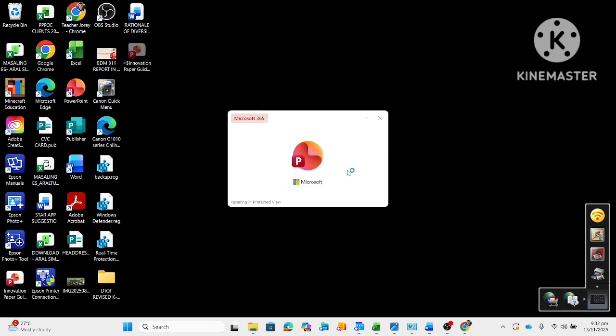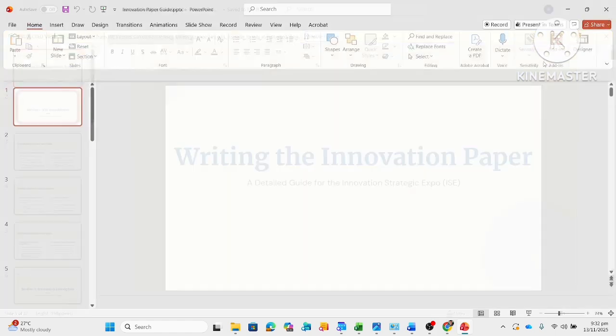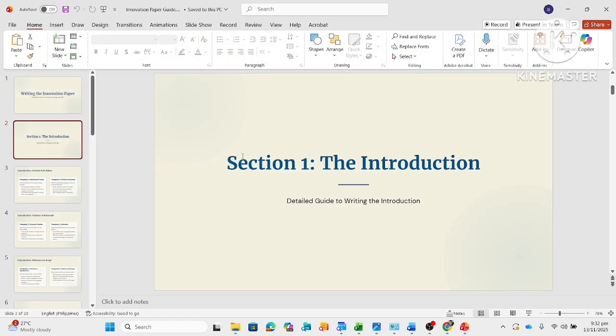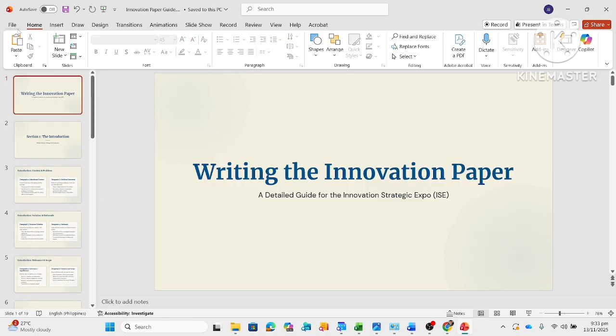So let's check, mga kaguro. All right, so it's here and just click enable editing if you wanted to edit something. If you wanted to improve the presentation, the text can be edited and everything. If you think that it's good already, then click save and you're ready to present the PowerPoint presentation coming from your Microsoft Word file. So napakadali, mga kaguro. Napaka-helpful po siya sa atin.